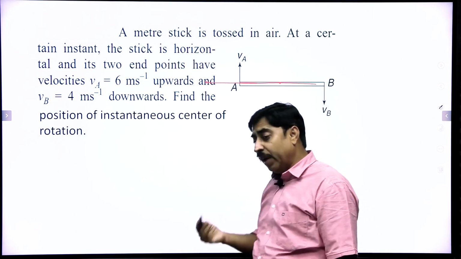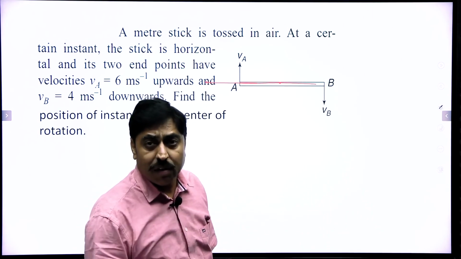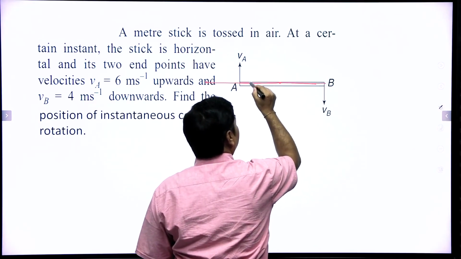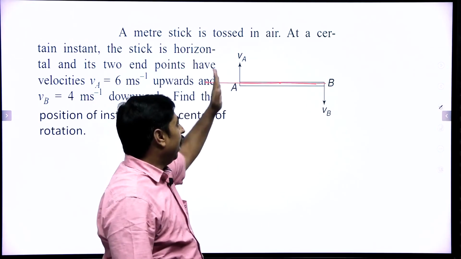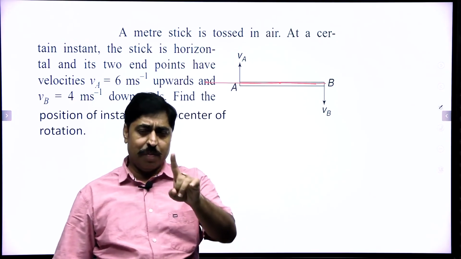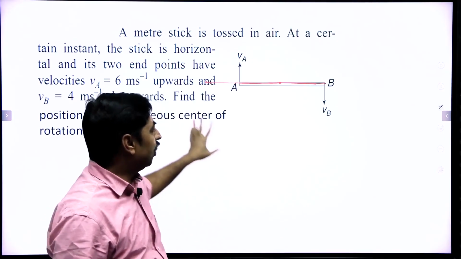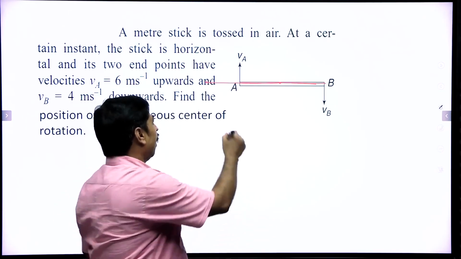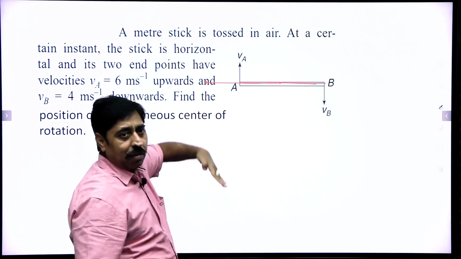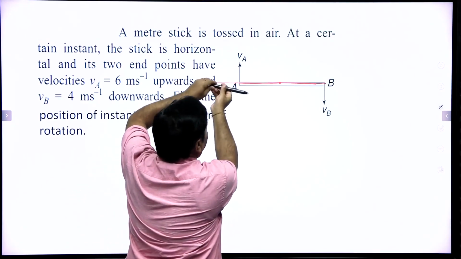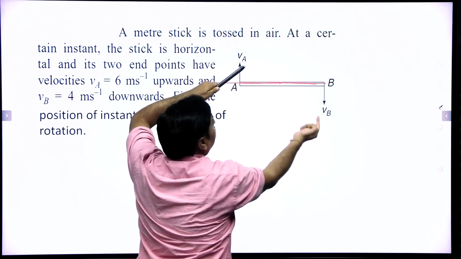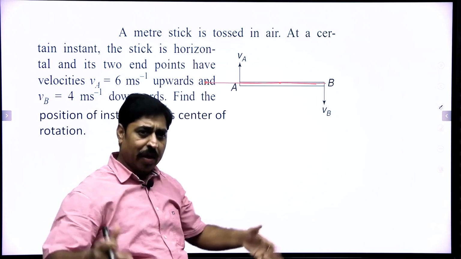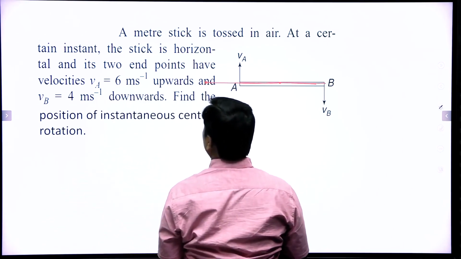B की वेलोसिटी के परपेंडिकुलर रेडियस होना चाहिए, दैट मीन्स B की वेलोसिटी के परपेंडिकुलर लाइन ड्रॉ कीजिए, इसी लाइन पे कहीं ना कहीं सेंटर ऑफ रोटेशन होना चाहिए। A की वेलोसिटी के परपेंडिकुलर लाइन ड्रॉ कीजिए, उसी पे कहीं ना कहीं सेंटर ऑफ रोटेशन होना चाहिए। दैट मीन्स सेंटर ऑफ रोटेशन इसी लाल लाइन पे कहीं होना चाहिए, राइट। अब आप सेंटर ऑफ रोटेशन को अगर सोचते हो कि यहां है, तो A की वेलोसिटी इधर हो सकती है अगर स्टिक ऐसे रोटेट करे, पर उस केस में B की वेलोसिटी भी ऊपर होनी चाहिए थी, इसलिए ये पॉइंट ठीक नहीं दिखता।